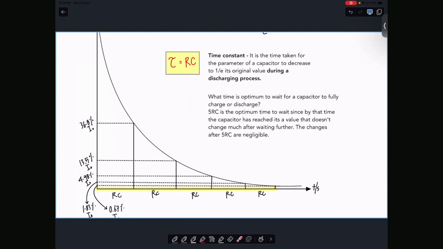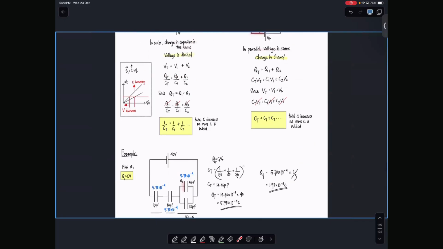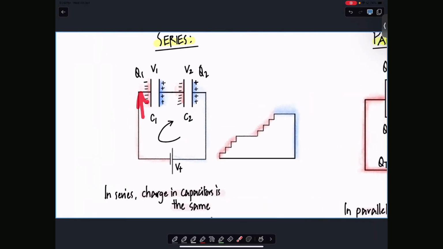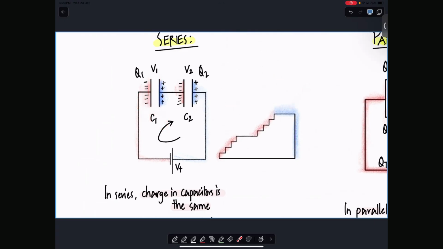The capacitor with more capacitance will get less of the voltage in a series circuit. Yes, that's correct. Actually, I forgot to mention. In the series circuit, remember this combination? The one with higher capacitance will actually have less voltage. Why? Q equals CV, V equals Q by C. What's the relationship between V and C? Inverse. So the one with a higher capacitance will actually have less potential across it because the charges are spread out. Therefore, there's not enough potential developed there. Okay.